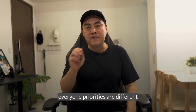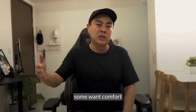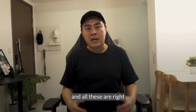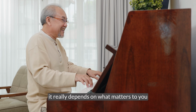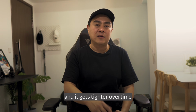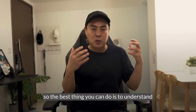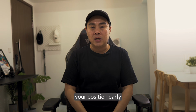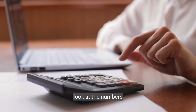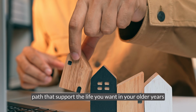In conclusion, everyone's priorities are different. Some want comfort, some want to leave something behind, some want to simplify life. And all these are right. It really depends on what matters to you. But the double trap is real and it gets tighter over time. So the best thing you can do is to understand your position early while you still have choices. Think through your goals, look at the numbers, and choose the path that supports the life you want in your